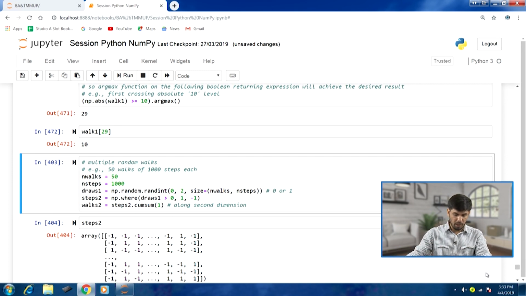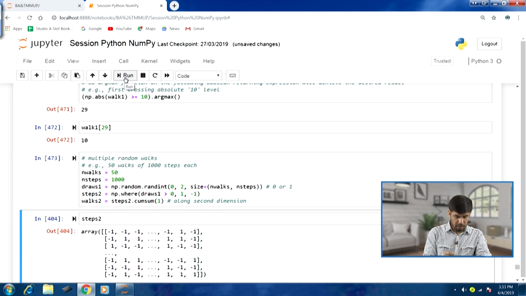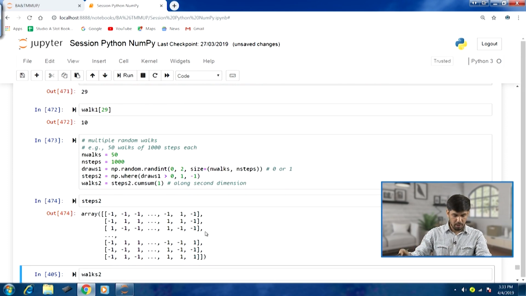So, this would be along the second dimension, that is why you see steps 2 dot cumsum 1, because we have 50 walks, and for every walk we will be performing this separately. So, cumsum on axis 1, that is the second dimension. If I run this, let us have a look at steps 2. You can see here this is a 2D array